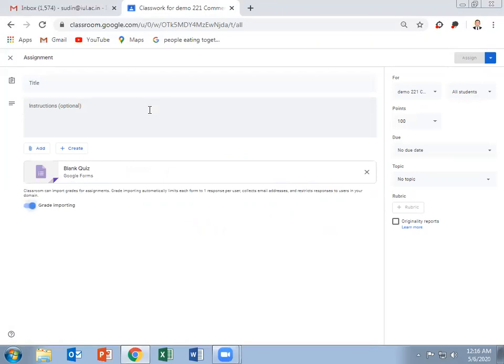Now we see that the page is showing this portion. First of all, we have to write the title. The title is mid semester exam, subject BM221 commercial law.